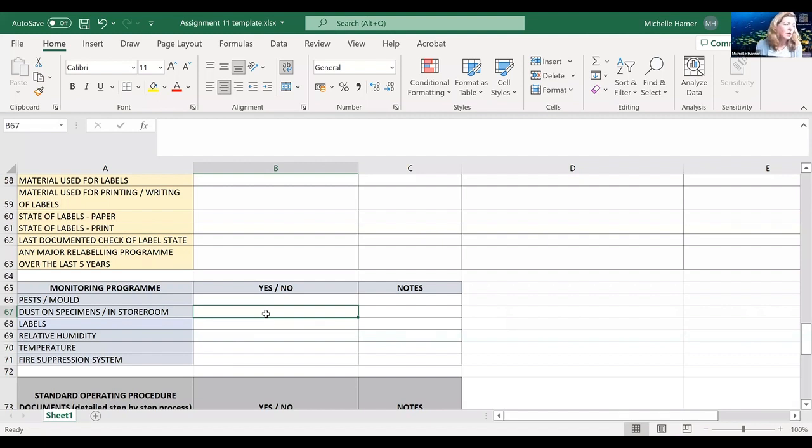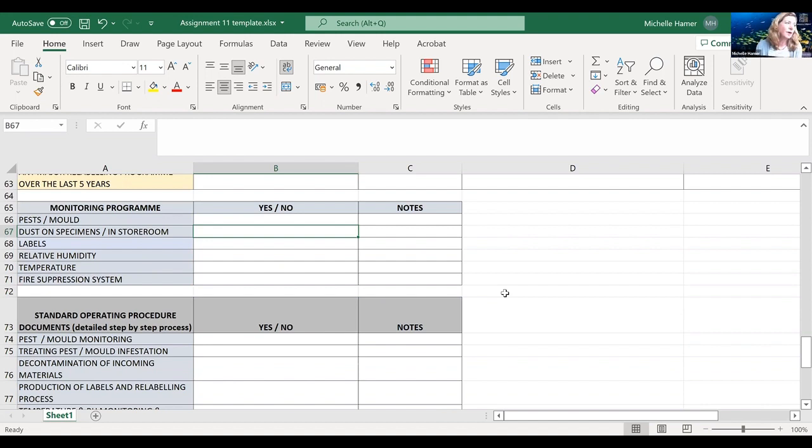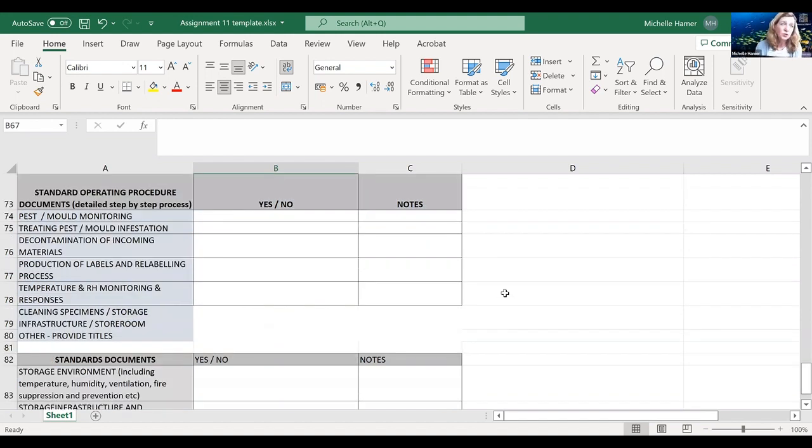So if you have no there, then your notes will be, you need to document. You need to develop documents to say what needs to be done, and you need to implement those monitoring programs. And then this next section is all about the documents. So do you have